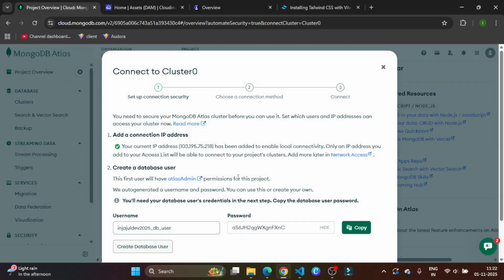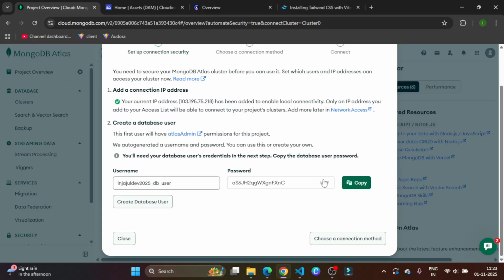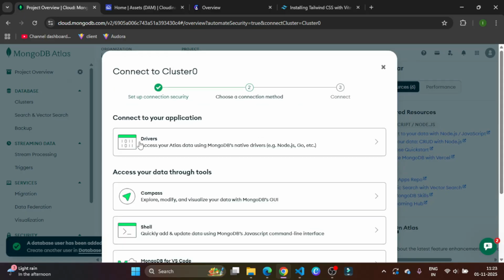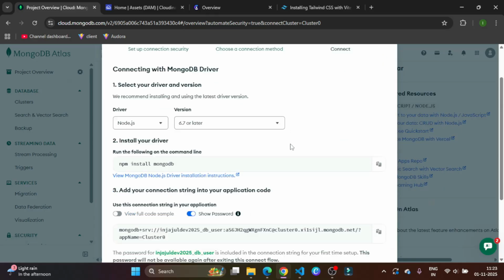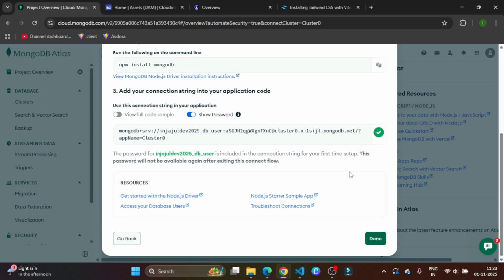and now, this is your cluster string. So this is your username and this is your password. You can copy from here, but let's create our database user and choose a connection method and then choose a driver because we are going to use Node.js. You can see. And now you can see the URL string, right? So just copy